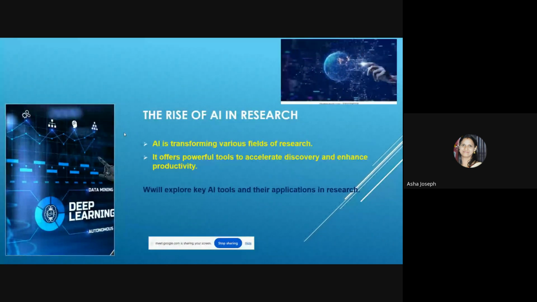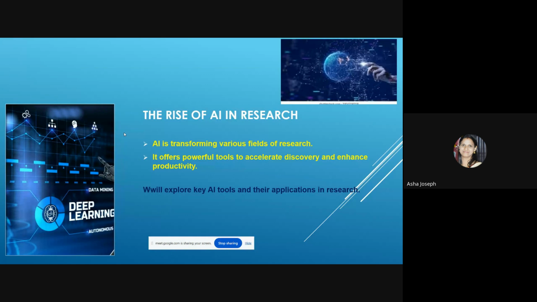AI tools for research are revolutionizing all scientific research areas. AI is no longer a futuristic fantasy. It is transformative. It's a transformative force reshaping the very foundation of research across different disciplines. From accelerating discovery to enhancing communication, AI tools are empowering researchers to tackle complex challenges with unprecedented efficiency